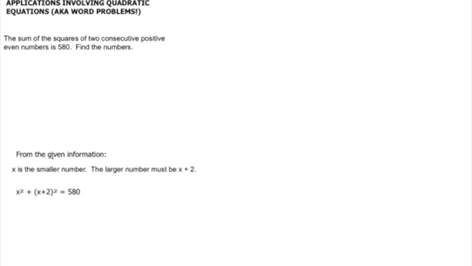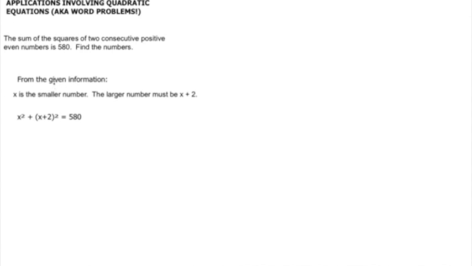So let's start with what we know. From the given information, we know that x is the smaller number. The larger number then must be x plus 2. So then if I'm going to square, I have the sum, which means I'm adding, of the squares. So that means I have to square the two values of two consecutive positive even numbers is 580. So find the numbers. Okay, so I'm going to go ahead and start with, I have x squared plus, in